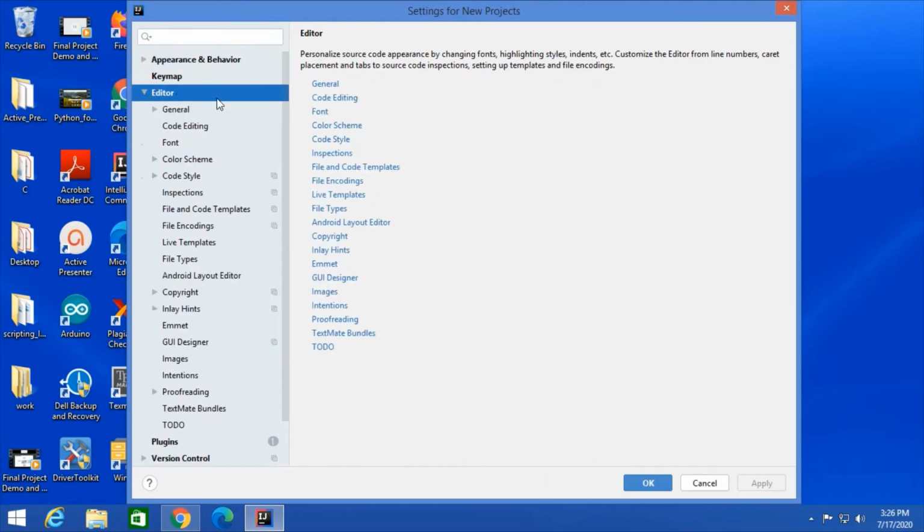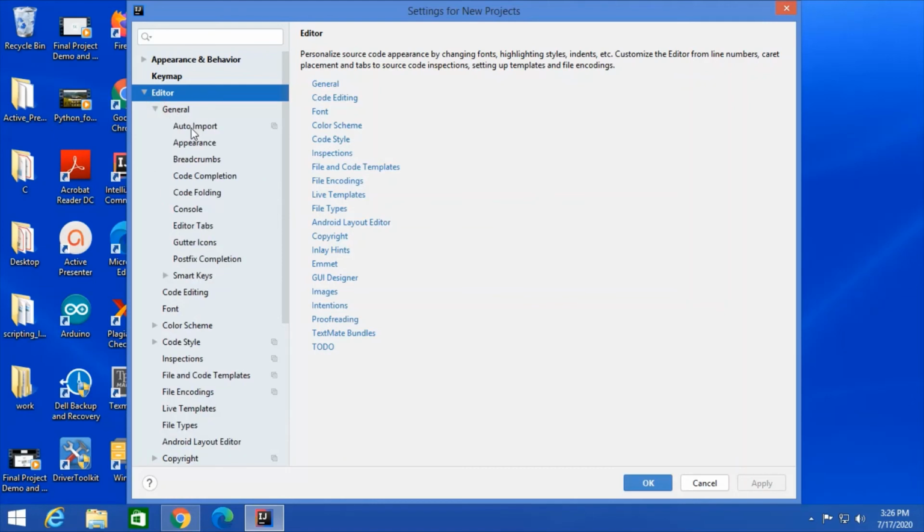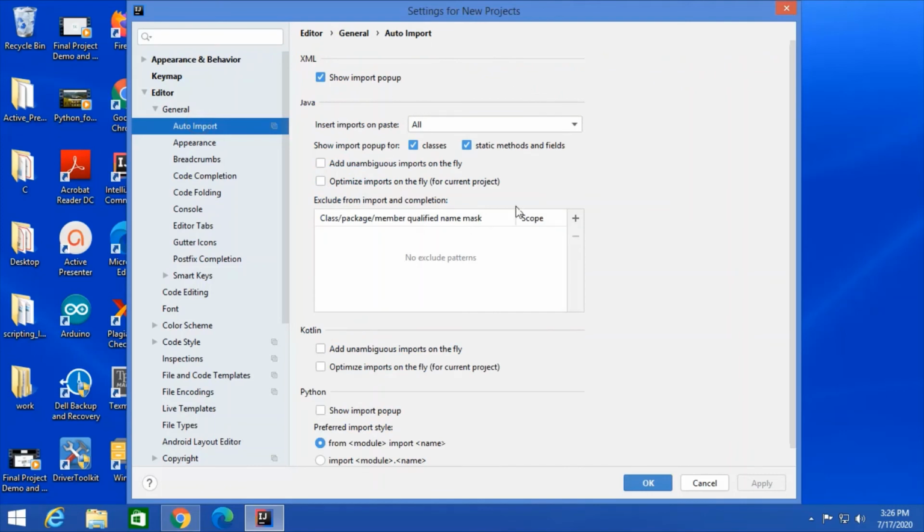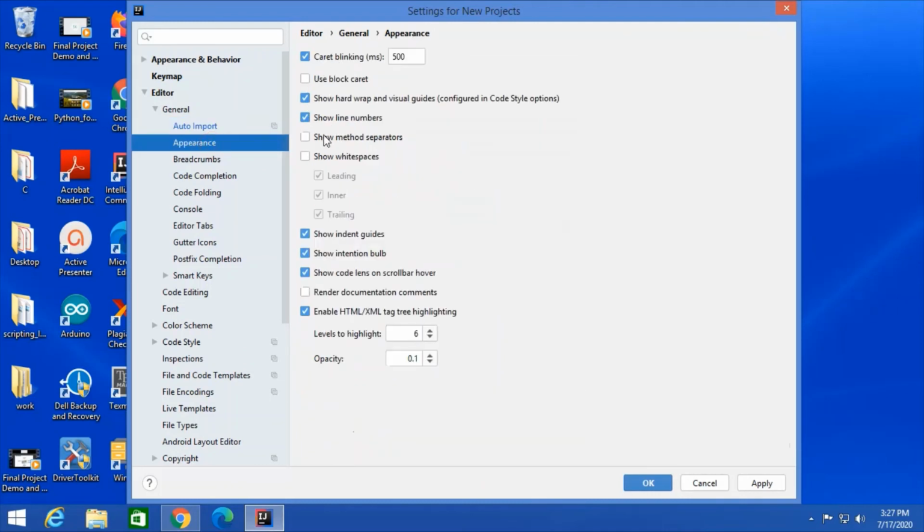In the drop down menu, click on general, and in that first option, auto import. Just tick the two boxes that I have shown in the window. Those will be required when we do some imports from the internet. Now go to the appearance option and make sure that show line numbers is already ticked. It will help us immensely while coding.